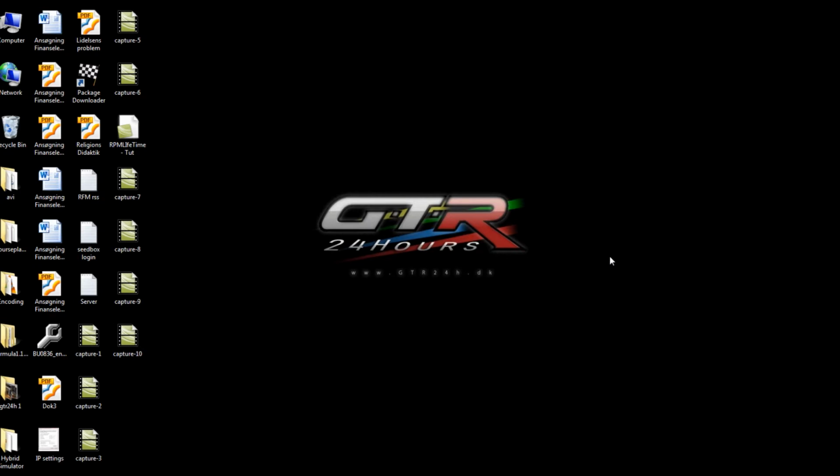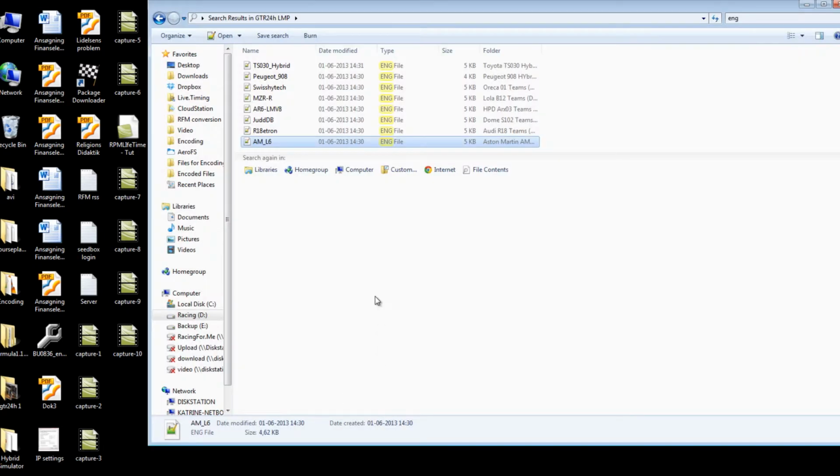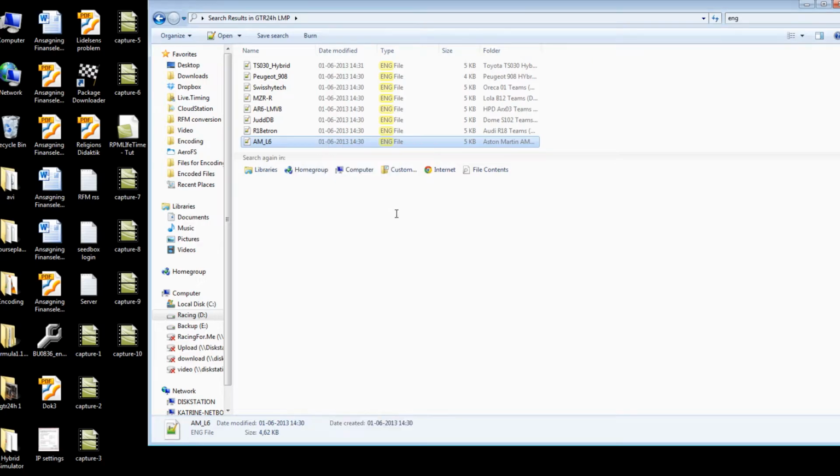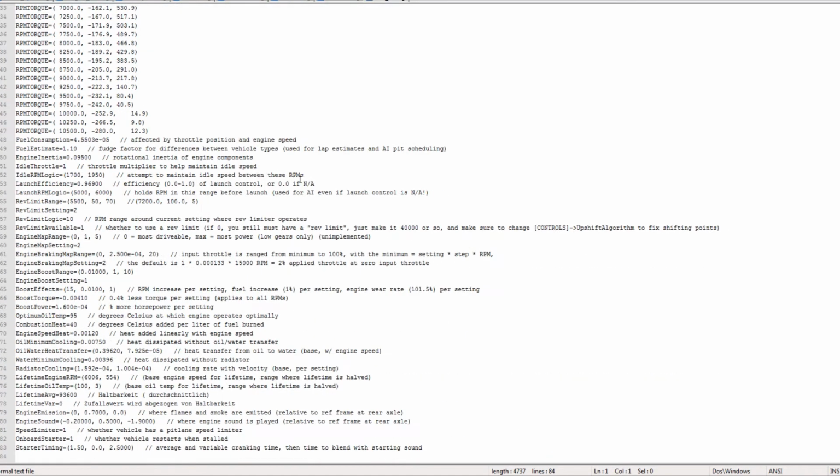To optimize the performance for the cars, we will have to look at the engine files for each car. You do that by finding them in the GTR2 folder and just opening them in a simple text editor. I've used Notepad++, and so you have them here. I've just opened up all the files. For the information you can gain from this file, I've made a little spreadsheet,